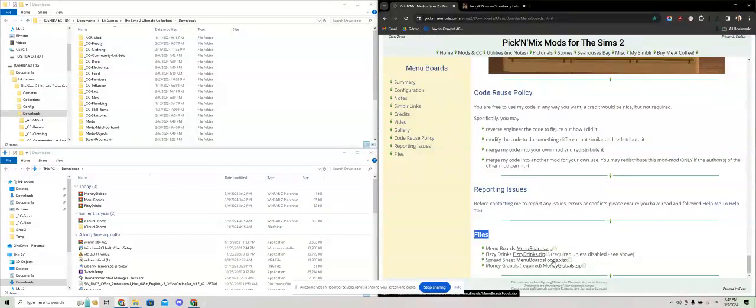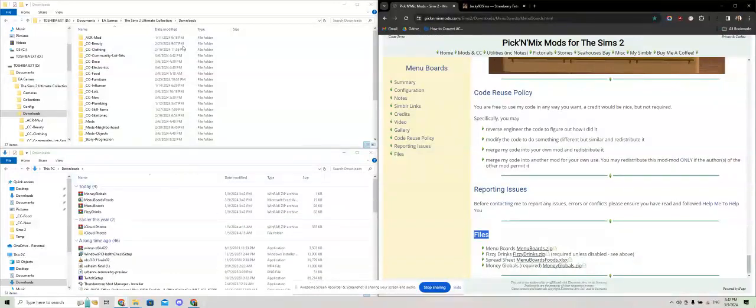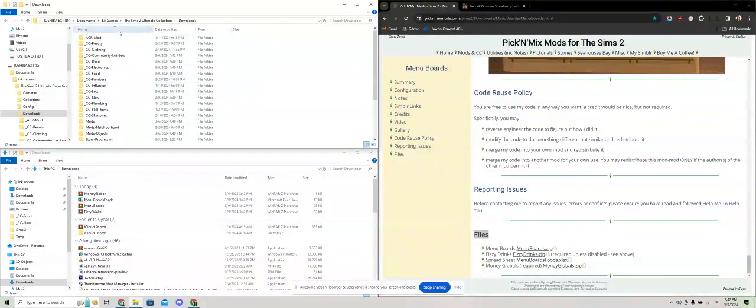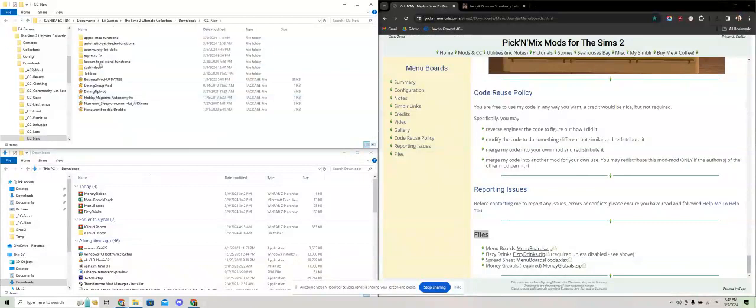Okay. And then we're also going to get this Excel spreadsheet so that it helps us with the guides for the item. As you can see here on the left-hand side, I have my downloads folder open. And at the top, I have my Sims 2 mods folder open. Whenever I'm trying out new custom content or mods, I have a folder where I keep everything that I'm currently testing so that it's easier to track down if something goes wrong. So I'm just going to create a new folder,